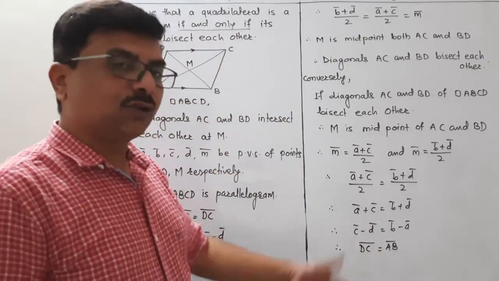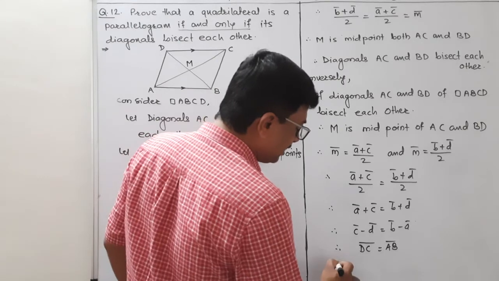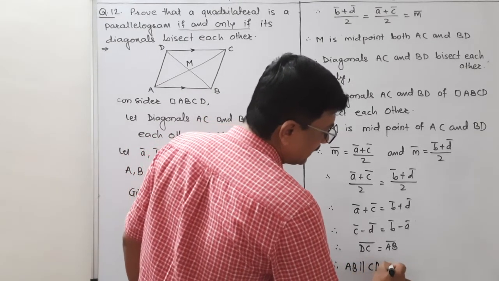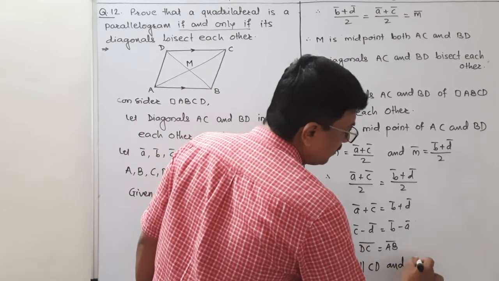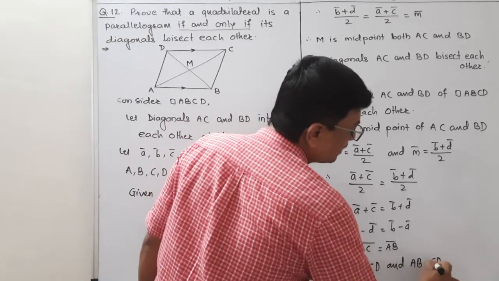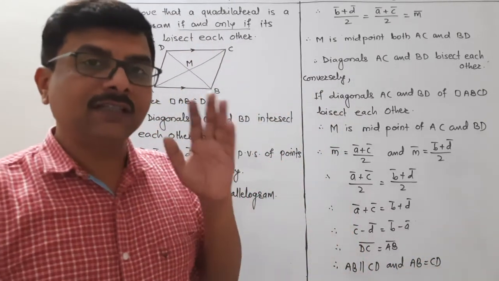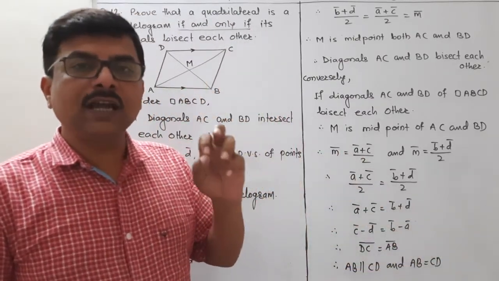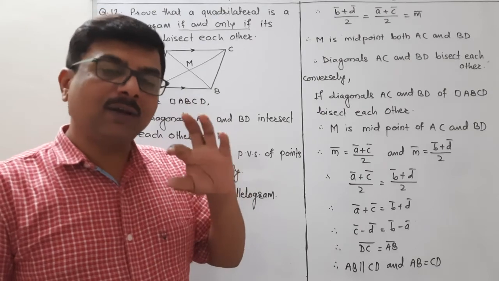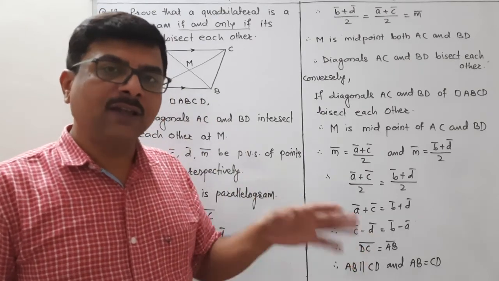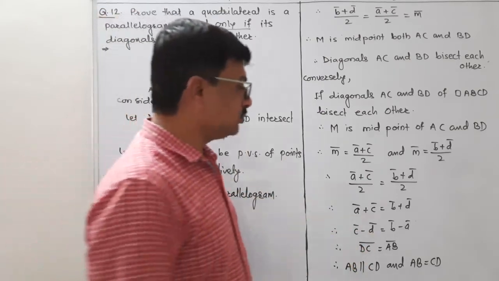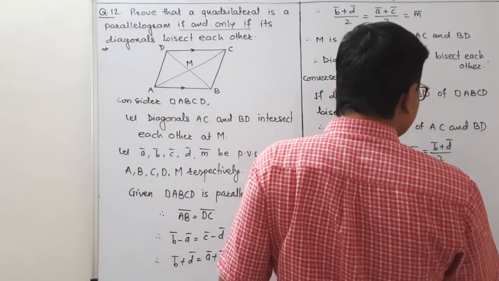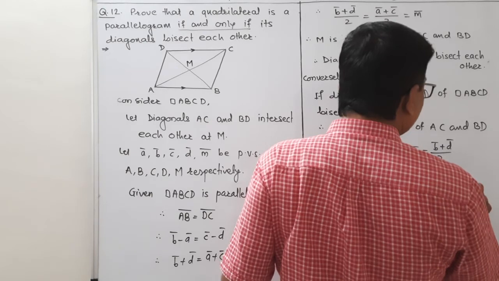और DC vector is equal to AB vector का मतलब क्या होता है? Therefore, AB is parallel to CD and length of AB is nothing but equal to length of CD। और आप ये ध्यान में रखिए कि कोई भी क्वाड्रिलैटरल हो उसके अपोजिट साइड की एक पेयर अगर पैरेलल एज वेल एज कॉन्ग्रुएंट है तो वो क्वाड्रिलैटरल पैरेललोग्राम होता है। Therefore we can say that quadrilateral ABCD is a parallelogram।